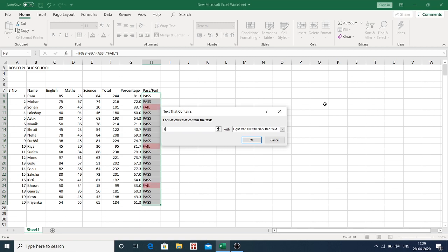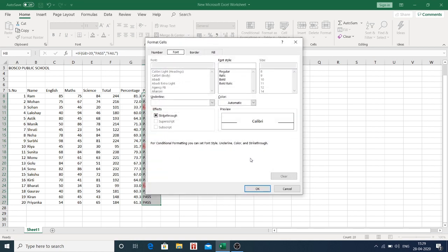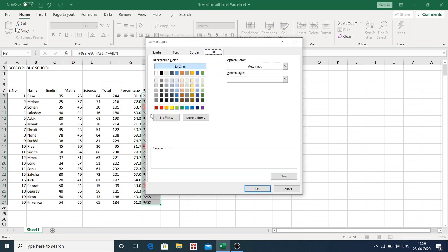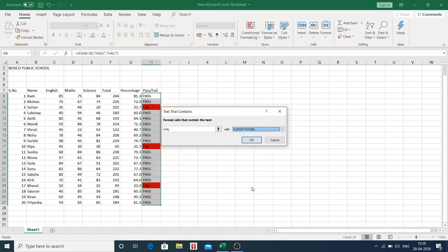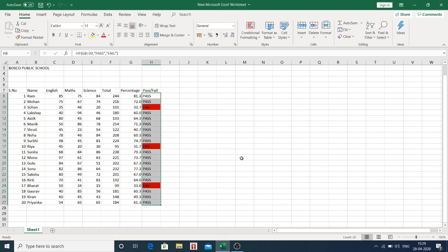So we'll write the text that contains fail, custom format. Yeah, so we'll go to fill and we'll click on red. That is for persons who have failed. Wherever it is written fail, that cell should be filled by red color. So with this we know that Sohan has failed, Priya has failed, and Bharat has failed.